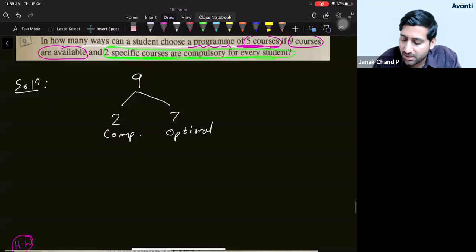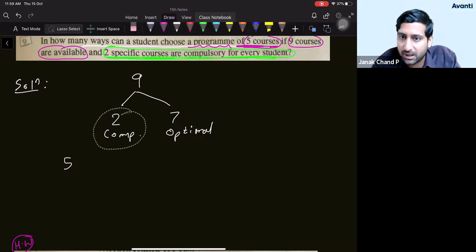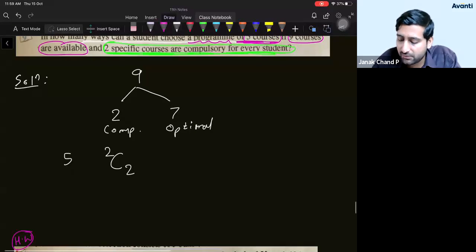Okay, fine. So now student, I want to make a total of 5, but I know that these 2 are compulsory, I don't have an option of either choosing one or choosing 2. I don't have that option because since this is compulsory, I should compulsorily include all of them. That means student, I need to choose 2 and I have 2. I hope that everyone understood why I wrote 2C2, right? Because there are 2 compulsory courses available and I should compulsorily choose both of them. So that is why I have written this.